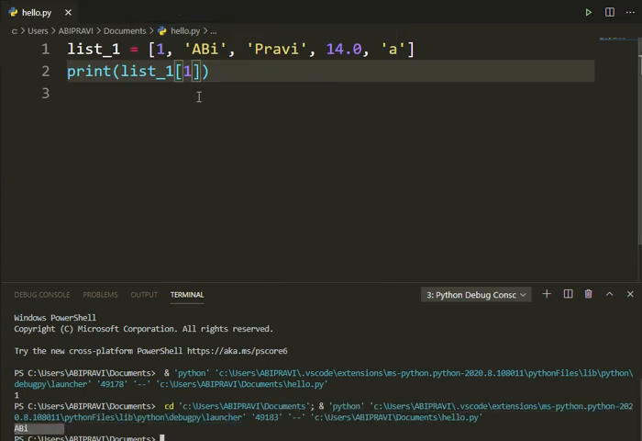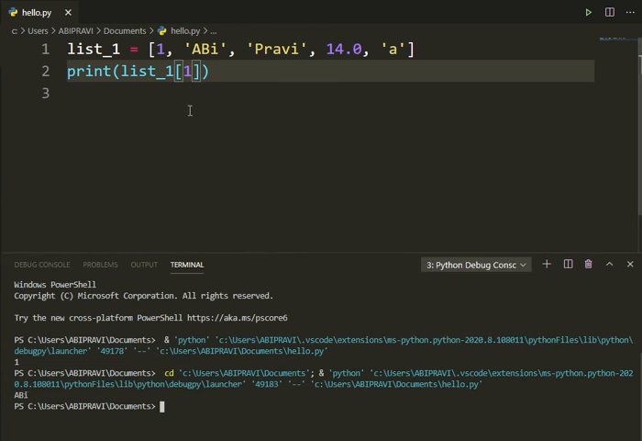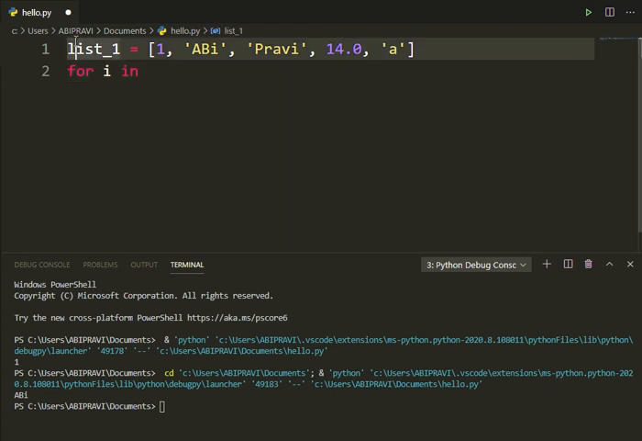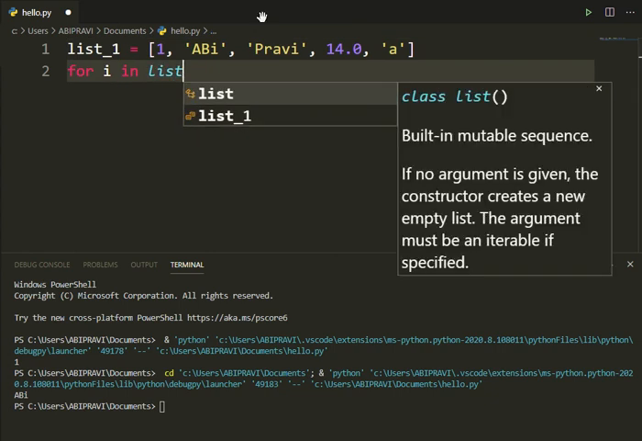What if you want to access all the elements of the list? We have loops. I already told you that the for loop works based on the list. So we can write for i in, and instead of putting range, we can give the list here. If you put range 1 comma 10, it will print from 1 to 10. But if we give list1 here,